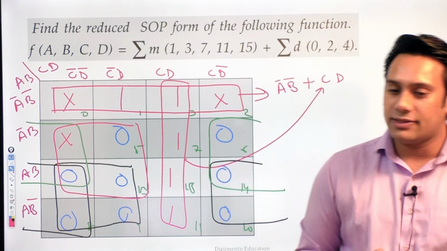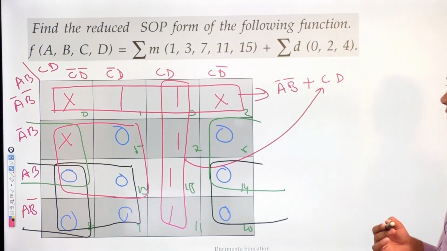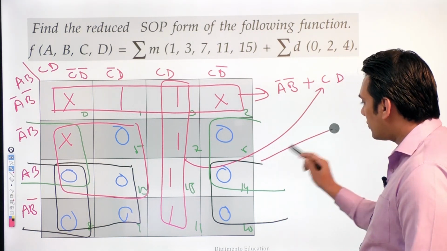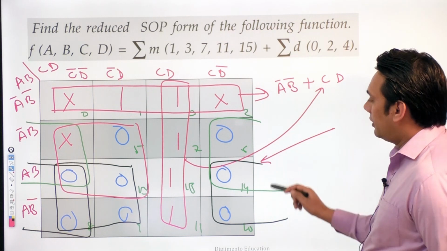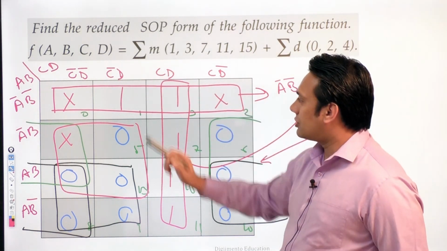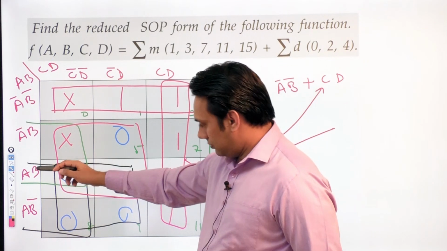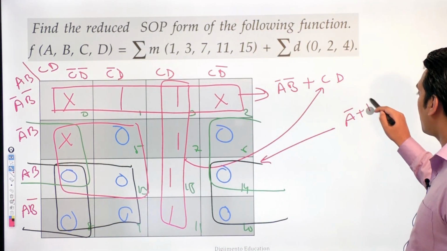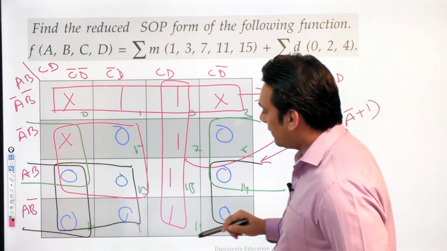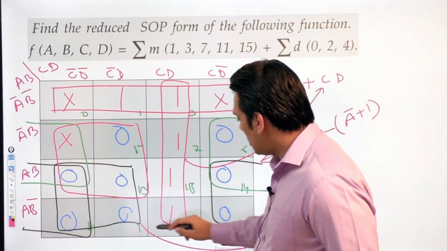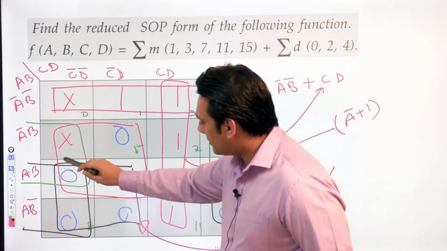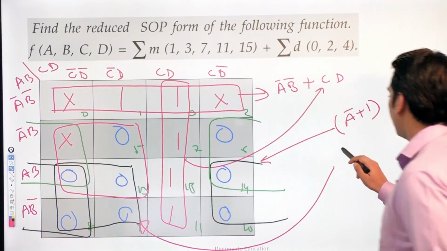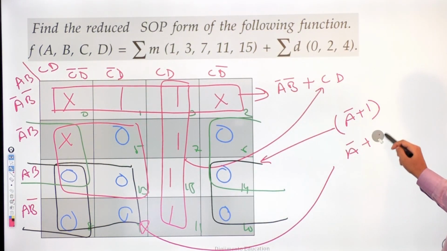ठीक है. Now you can clearly see how interesting it becomes. कितना interesting हो जाता है, because the expression can be minimized. So this one here, ये जो आपका subcube है, here D complement is not changing, as well as here A is not changing. So this is representing A complement plus D. ठीक है. In the same way, if I take this subcube, अगर मैं इसको लूँगा, now in this subcube, here A is not changing, as well as C complement is not changing. So it is A complement plus C.